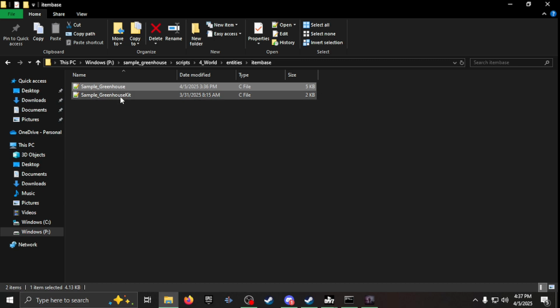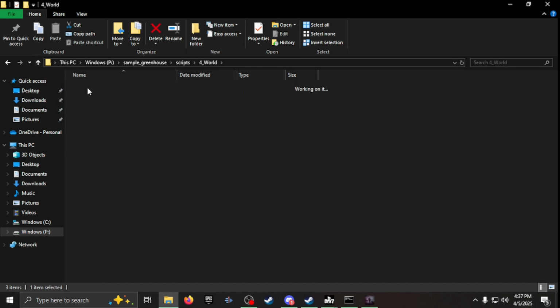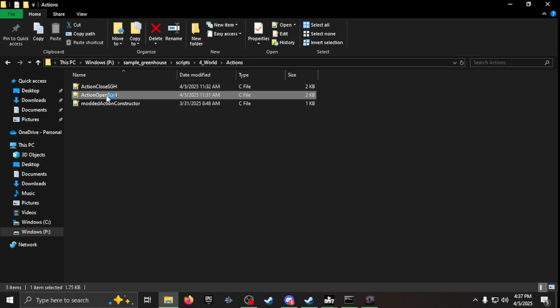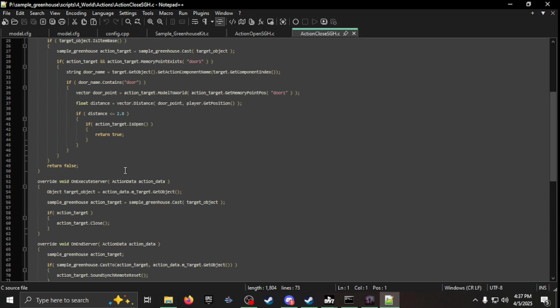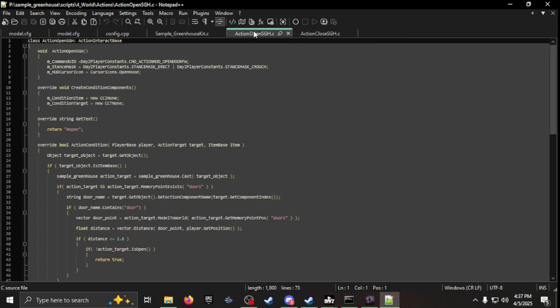So you got your greenhouse script, your kit script done. Now we're gonna get our actions. So action open and action close. I got SGH sample greenhouse. Now all this is not bad. It's not a big script, so we'd have to open one first. So action open sample greenhouse, create your class name, and then this is pretty much telling